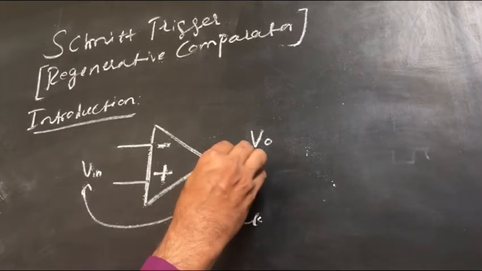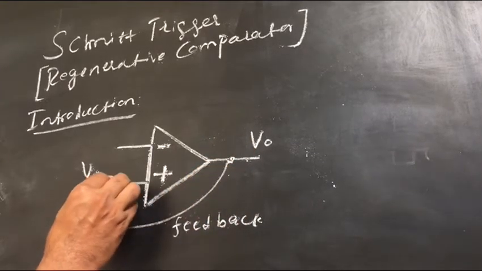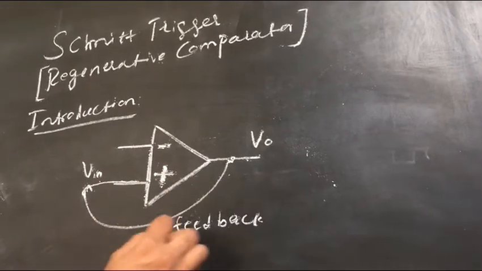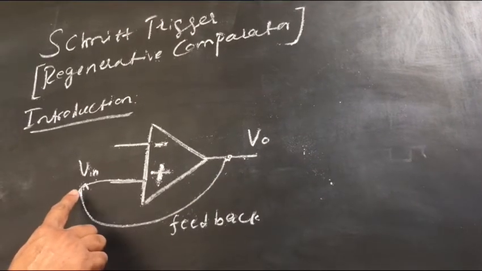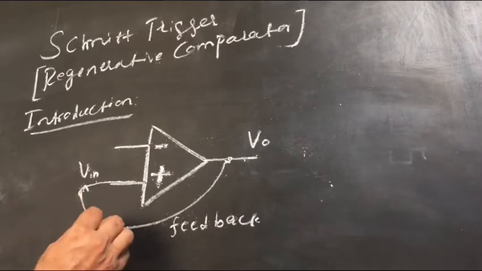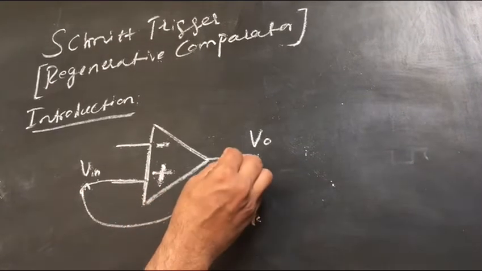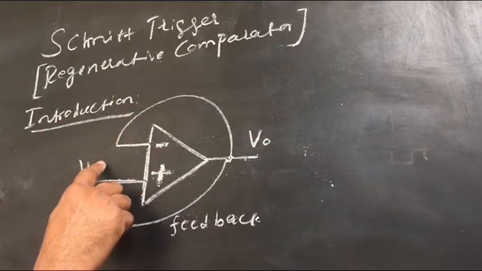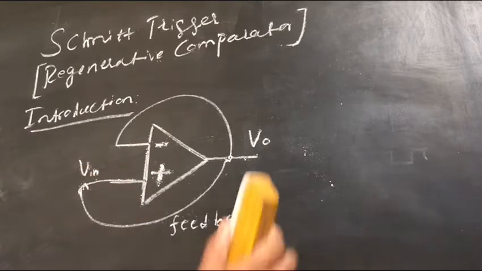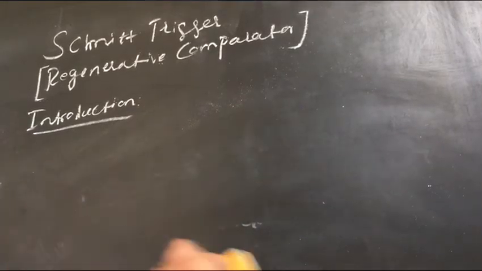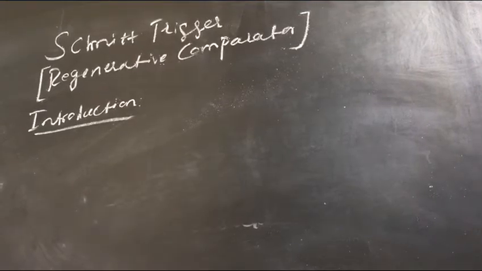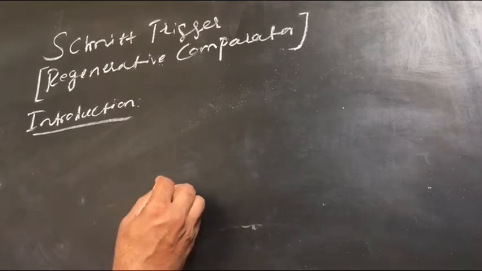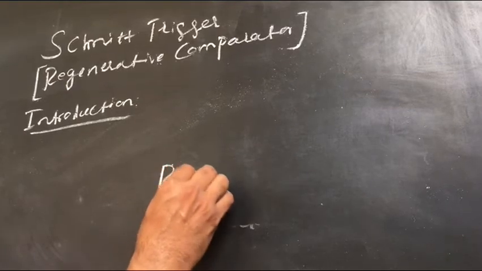Meaning is that part of the output is collected and given to the non-inverting terminal, that is positive terminal. In this case, there is no phase shift between output and feedback quantity and input voltage. Whereas in negative feedback, we are taking part of the output towards the inverting terminal. There we can see 180-degree phase shift between input and feedback quantity. Our Schmitt trigger uses positive feedback for its operation. To collect part of the output from output side to input side, we are using feedback elements. Usually these are resistors.